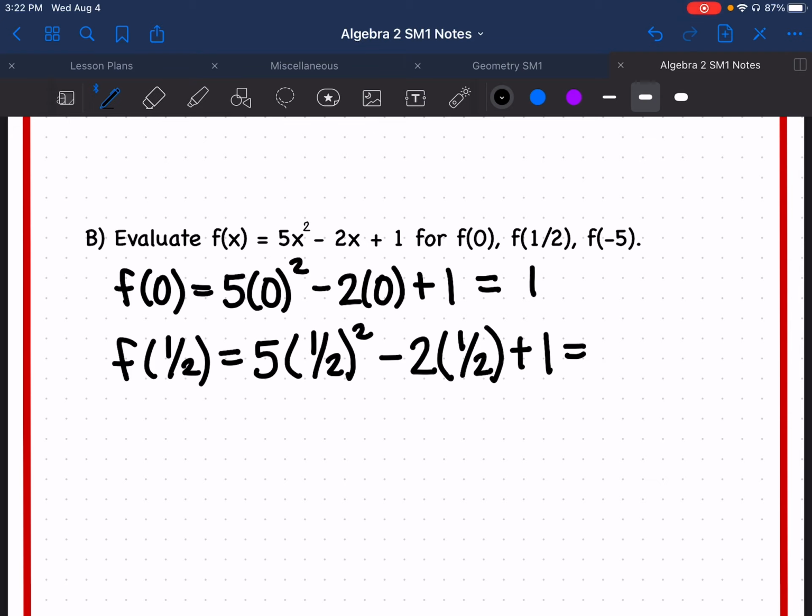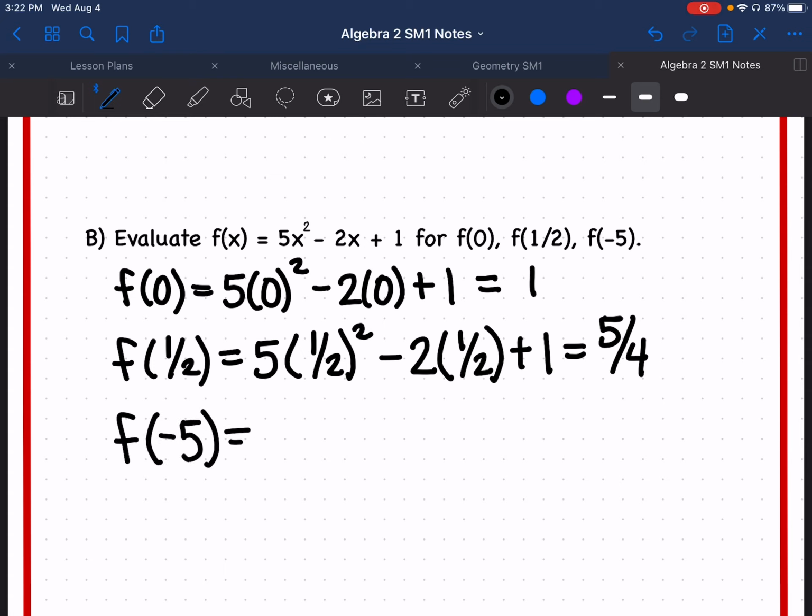Squared minus 2 times 1/2 plus 1. I got a fraction. So I can leave it like that, or I could change it to a decimal if I choose. And my last one,